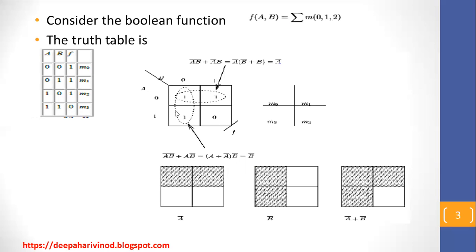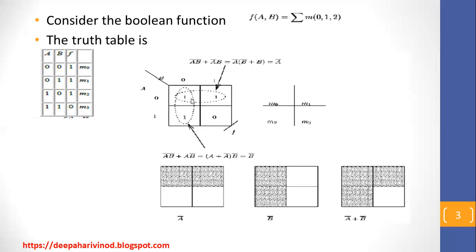So here we can observe this is the 2 variable K-map. In 2 variable K-map we have 2 literals, that is A as well as B. So this row I choose as A bar, means it is 0. And this I choose as 1, means it is A. This column is B bar or 0, and this is 1 again, means it is B. This column represents literal B.